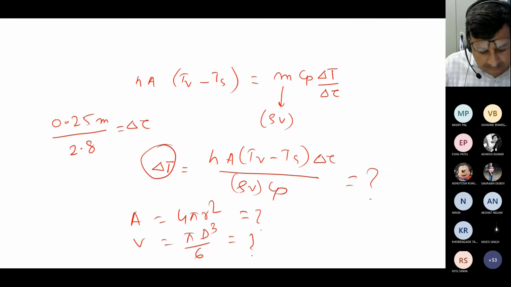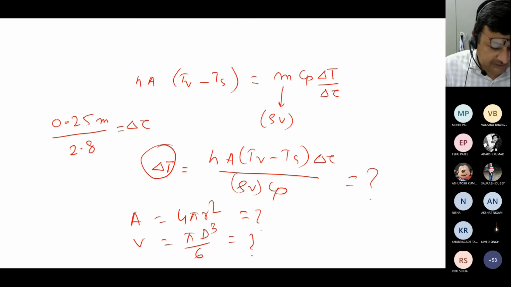Sir, how do we get T vapor minus T saturation? T vapor minus T saturation is not given here. The relation is given. So 2 gamma by R into T sat square P by lambda. Okay. So this you calculate at home, right? And this relationship also has a proof. You do that at home.